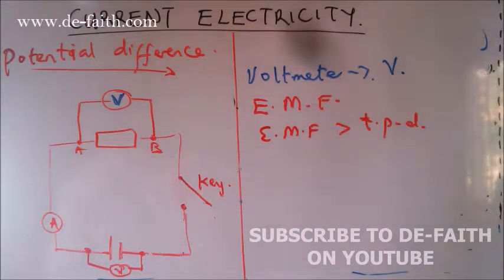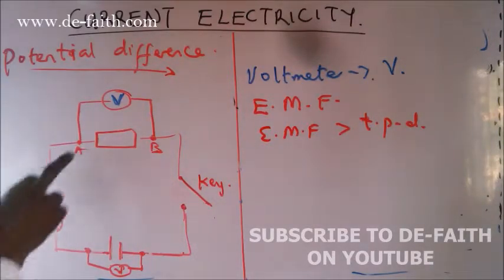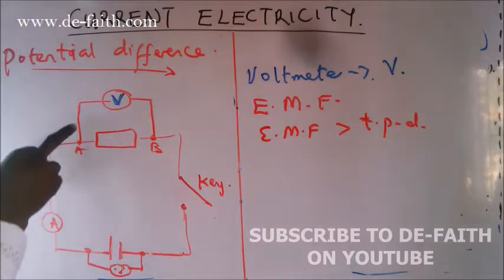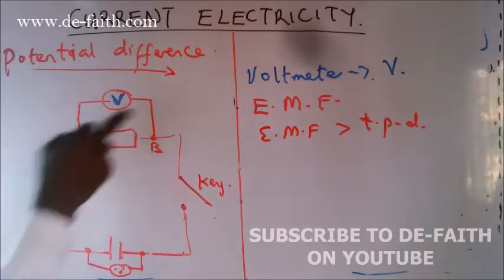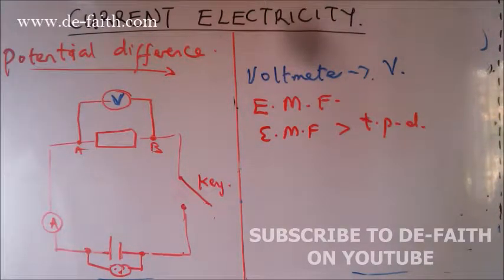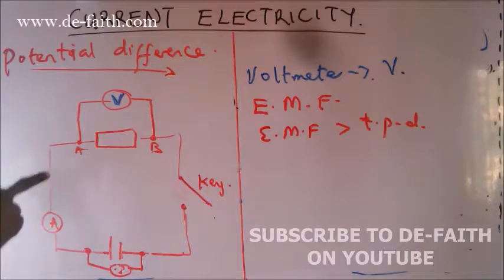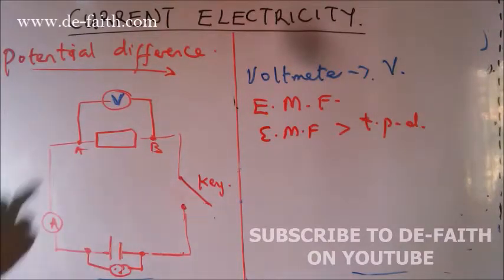Another thing you should notice is that a voltmeter is connected across the 2 points because it has a high resistance to the flow of current. The material with which a voltmeter is built has a very high resistance to the flow of current, and that is why it is not connected in series with the circuit, rather it is connected across it.